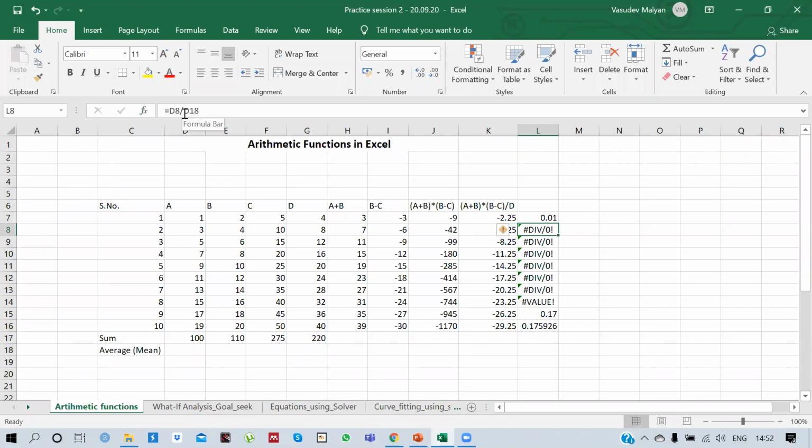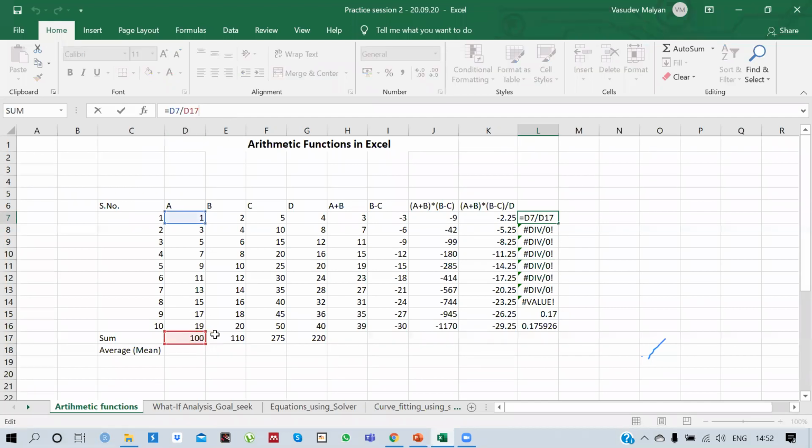So the denominator cell, which was D17 in this case, has been changed to D18 for the element which is one row down from the first element. Similarly, it will be changed to the other one and the other one, and subsequently we will not be able to get the values. However, we can fix this by using the $ sign.